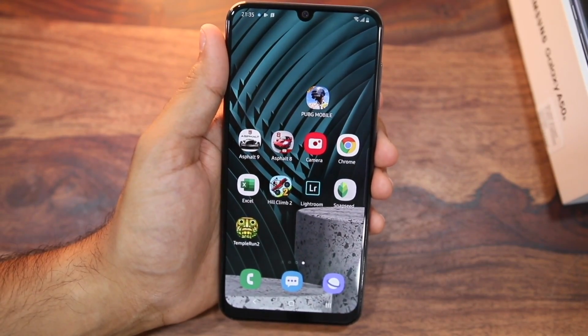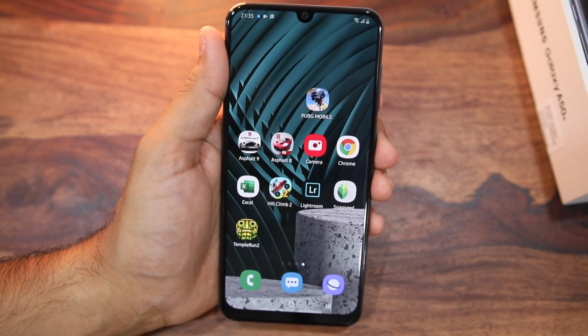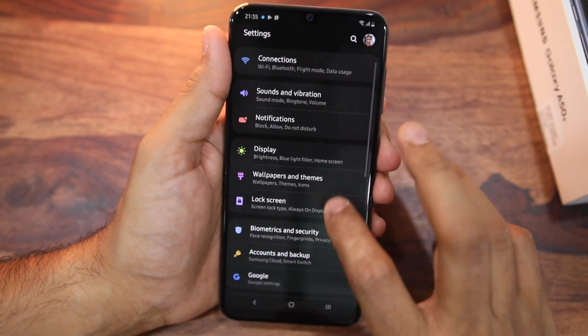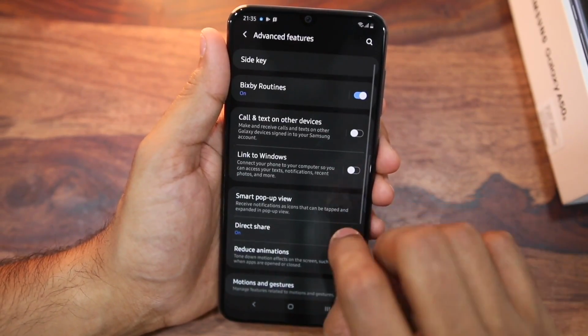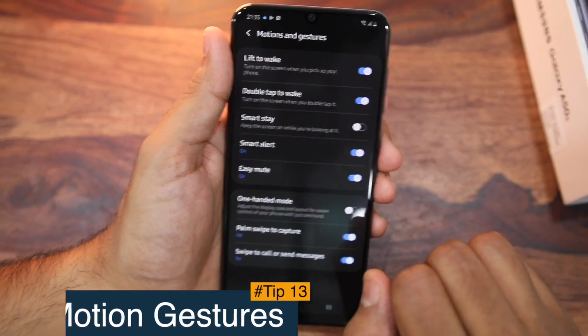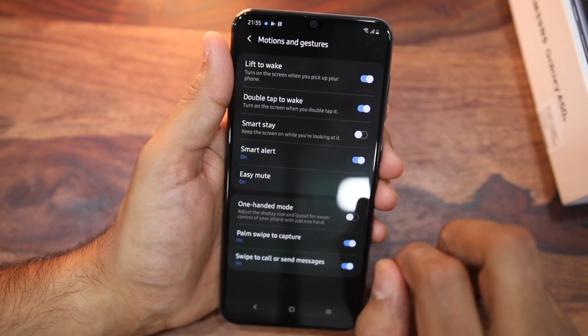The Galaxy A series comes with very useful motion gestures that are disabled by default for some reason. Go into Settings, Advanced Features. Here you will find the motion gestures option, and there are some really useful ones which are disabled by default. So lift to wake, as the name suggests,